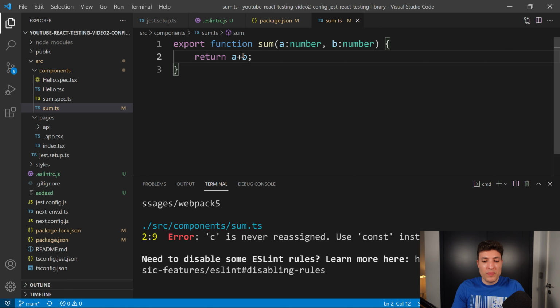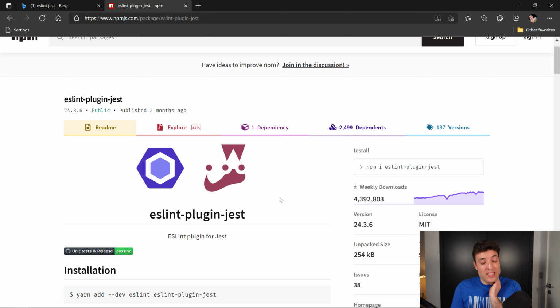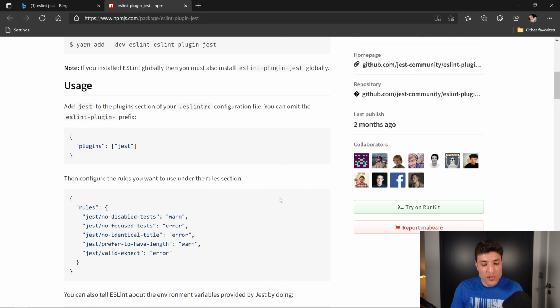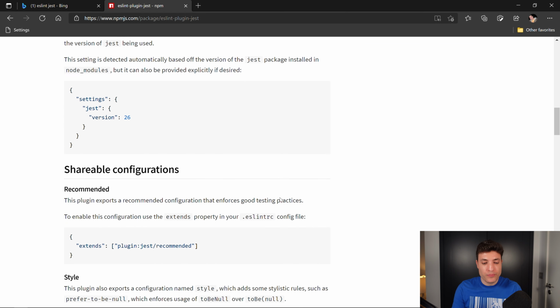Now, the next step is to go to Google once again and type the following, eslint plugin jest. And there is a plugin called eslint-plugin-jest, and for some reason, I'm now using Bing. Good job, Microsoft. Okay, so we have this eslint plugin, and if you scroll in this eslint plugin, we have